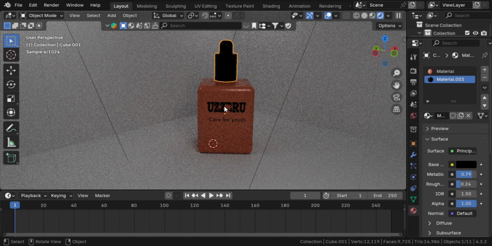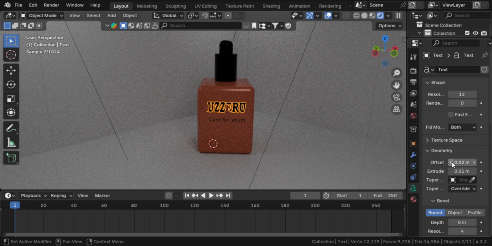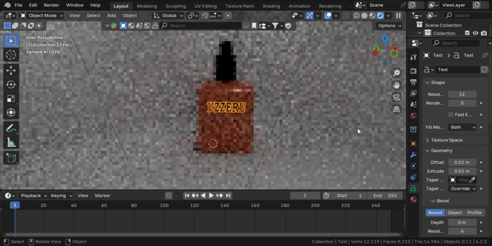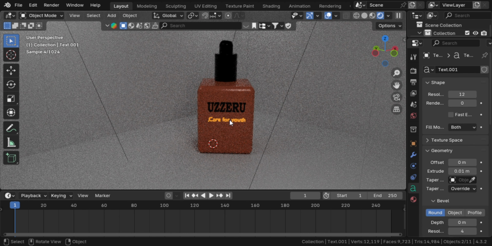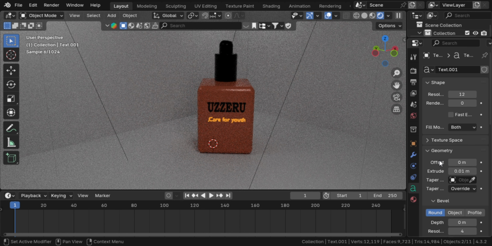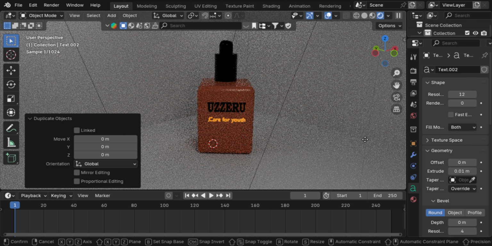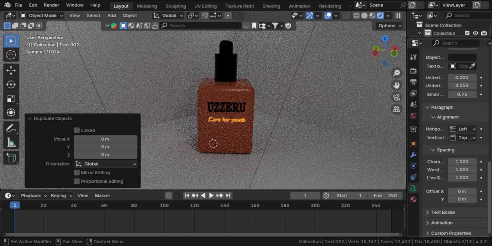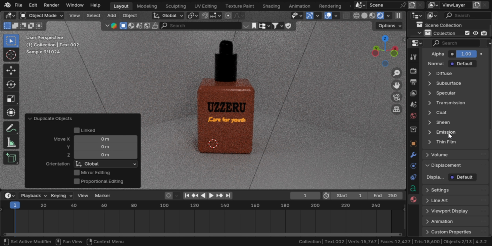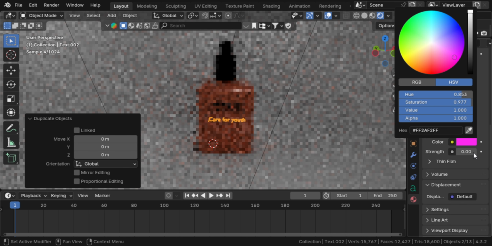So now you can see guys, our text is destroyed because we had increased the offset from here. If we decrease the offset, our text is going to be good. So this text, care for youth, is too much not visible. What we can do with this, we can press Shift D to duplicate it, and then give it a little bit of emission. Emission is also color, but it gives light. Okay, so we will give this one emission and we will increase it